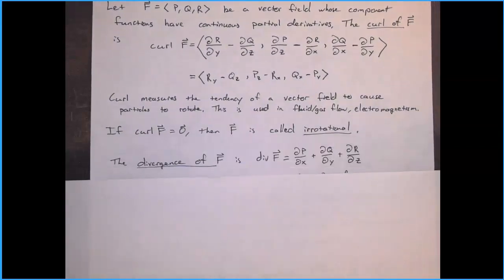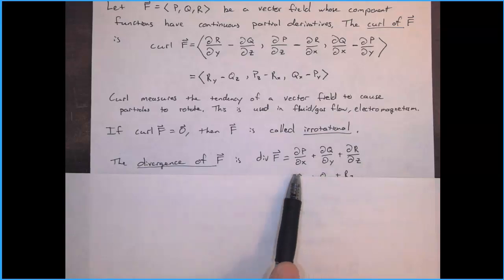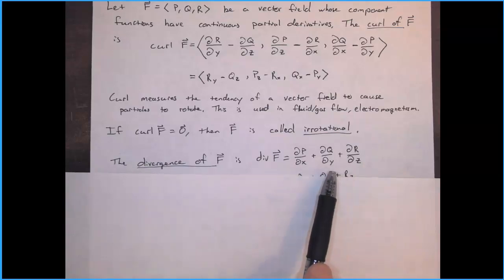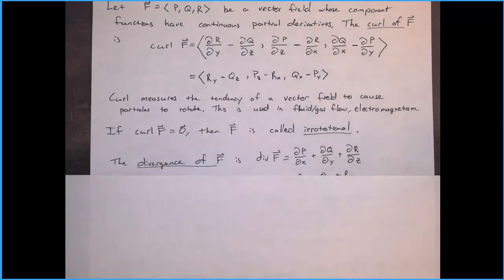So that's the first concept. The second concept is called divergence. And divergence is defined a little more simply. It's just the sum of these three partial derivatives, the partial derivative of the first component function with respect to x, plus the partial derivative of the second component function with respect to y, plus the partial derivative of the third component function with respect to z. Okay, and this gives you a scalar, so it's scalar valued,